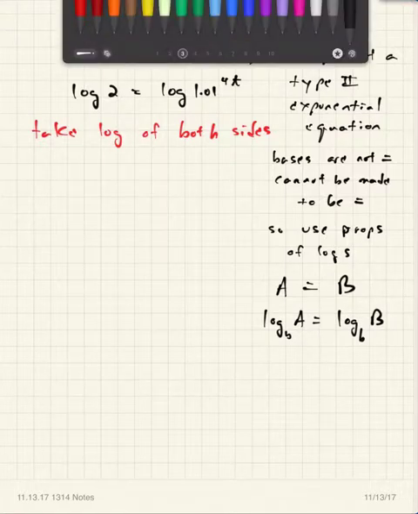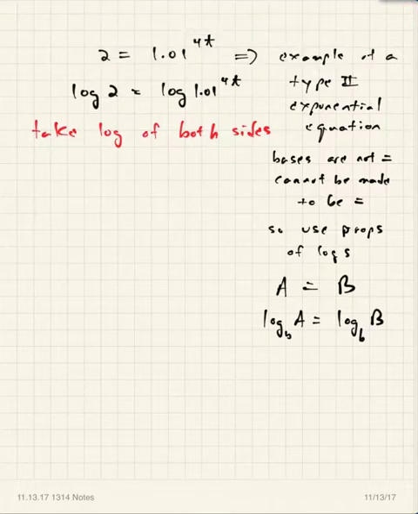Now, why does this help us to solve this equation? Well, the reason we couldn't solve this equation at the beginning is because the t was in the exponent of this exponential equation. And we've got to get that t out of there somehow. And so to get the t out of the exponent, what we do